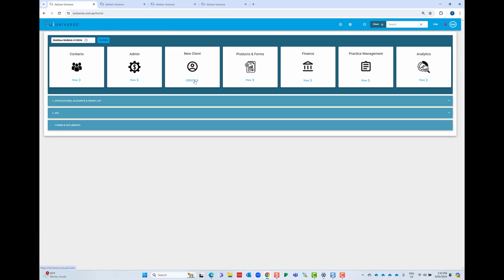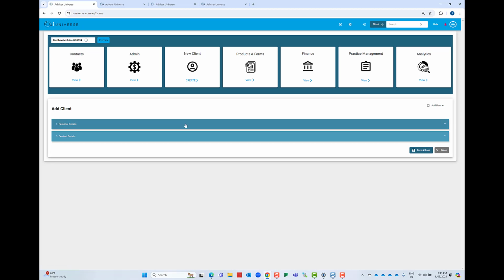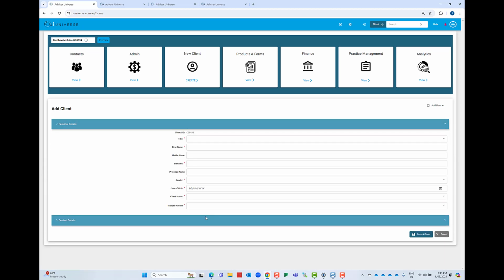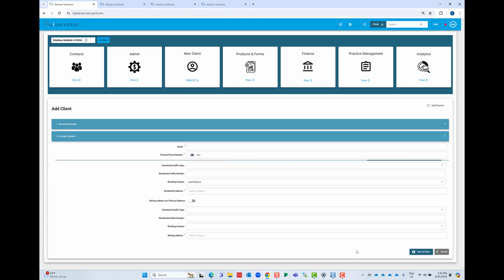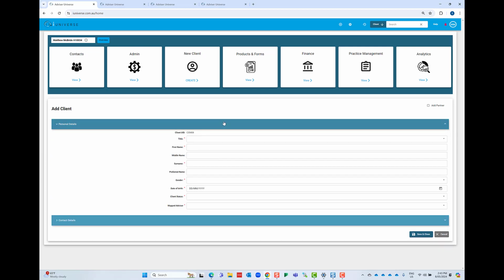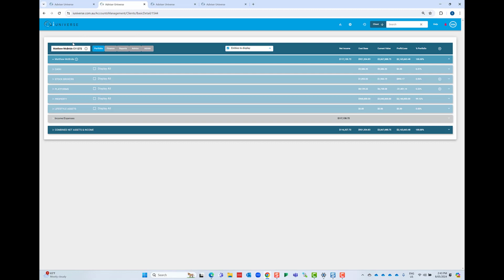The advisor can then proceed to create a client, which is very simple, just putting in their basic details, clicking Save and Close. What I've done is taken the liberty of creating a demo client, Matthew McBride. So we've just jumped into his profile. In the top corner here, in the I button,